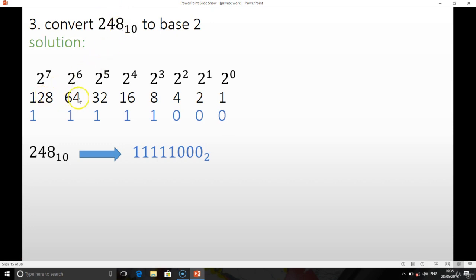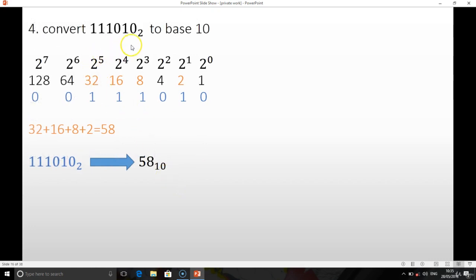So we are going to bring out our values down again and start adding, and that will give us the sum of 248. 128 plus 64, yes, plus 32 plus 16 plus 8 to give us 248. But had it been 249, we're looking for only 1 to complete it. We can just come here and put our 1 here. But since it's 248, we just leave it like this and write down the 0s. So this will be our answer.